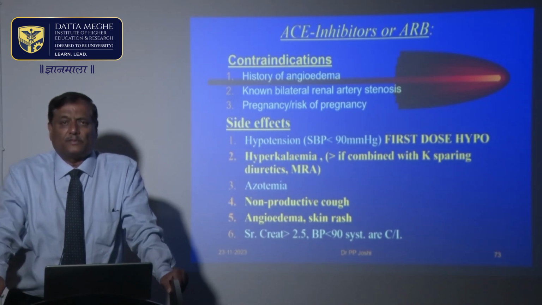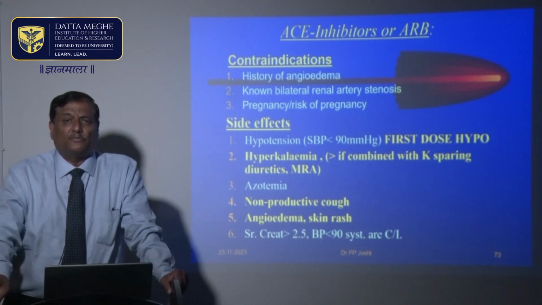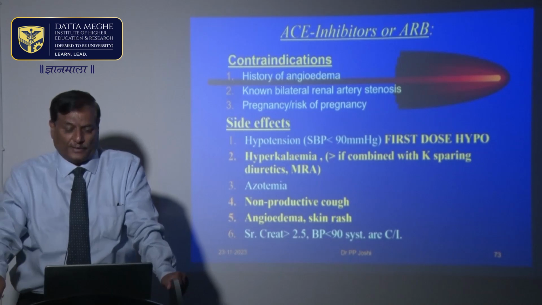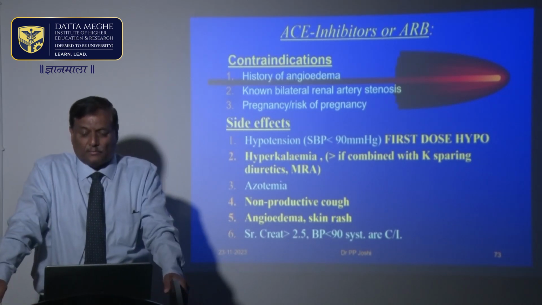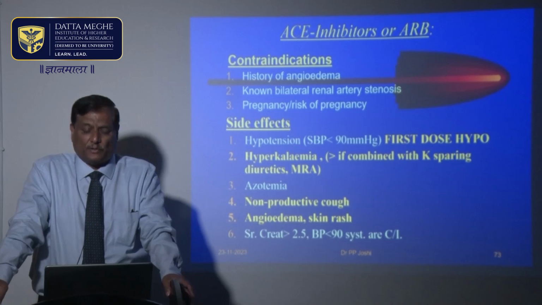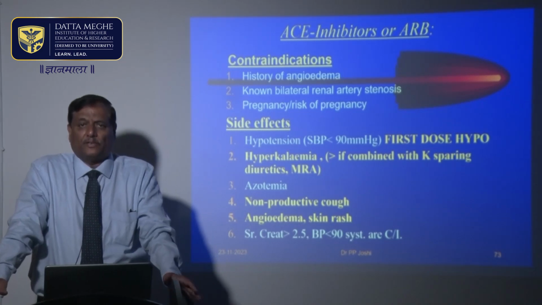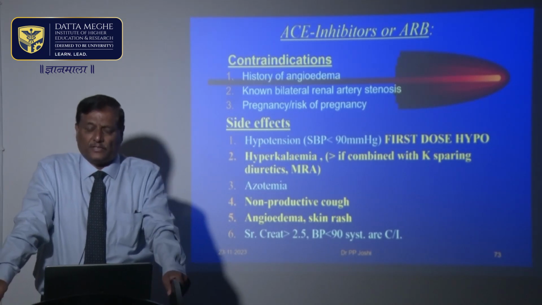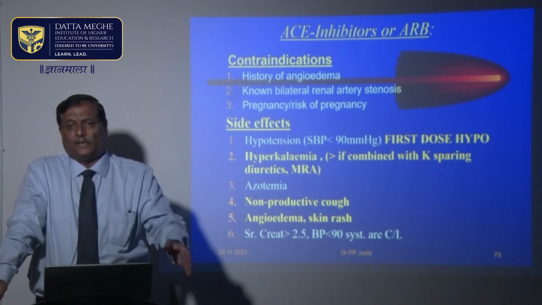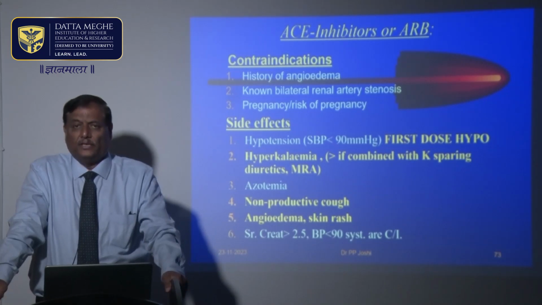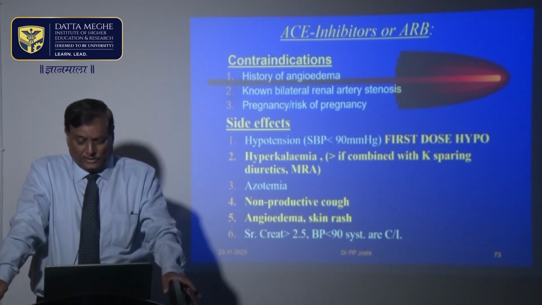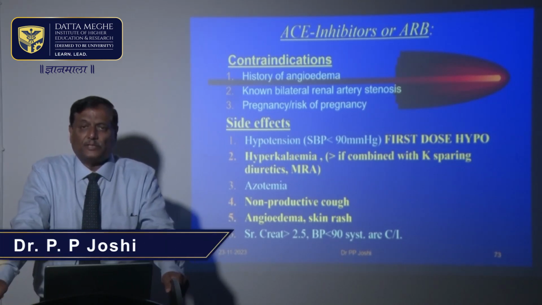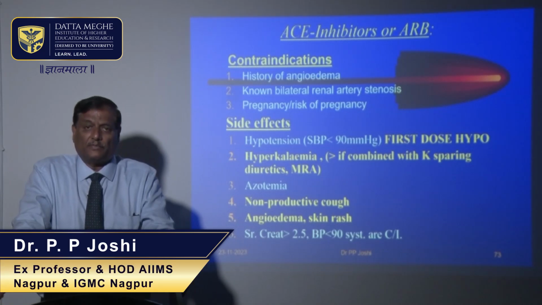Subsequently the patients may in fact tolerate very large doses of ACE inhibitors, but the first dose is therefore very important to prevent hypotension in some patients who are volume contracted. Because if they have received diuretics, it is possible that they are volume contracted, and in that situation, if you give ACE inhibitors, it might cause a precipitous drop of blood pressure, which may not occur subsequently with even higher doses.